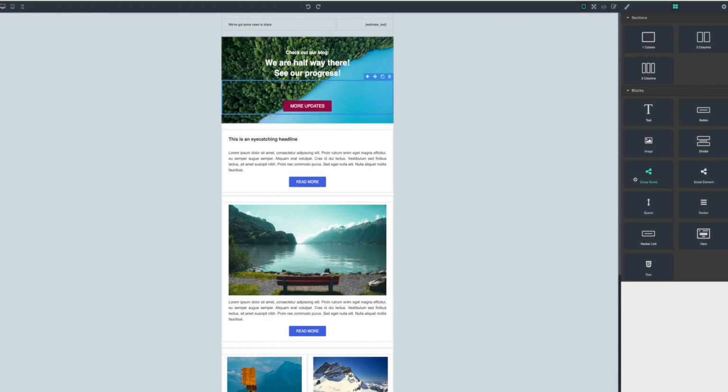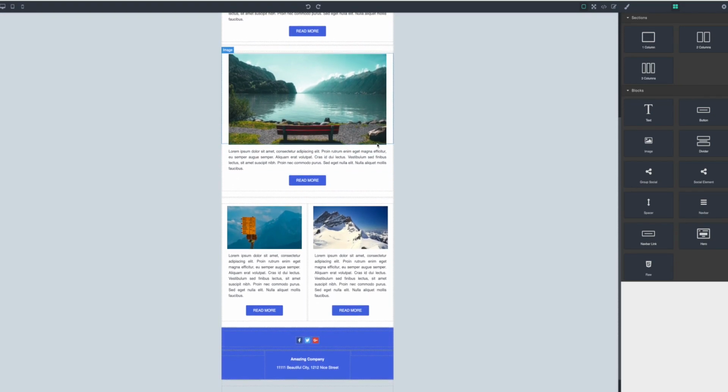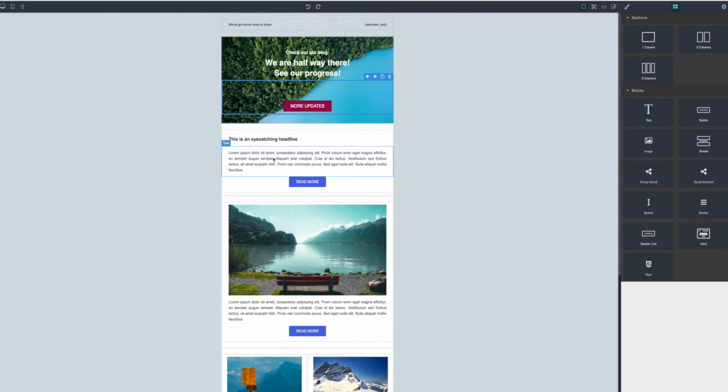So here we have plenty of options that we can use to create, edit, modify, change this layout the way we want. Right now, we're just going to, for example, stick with text,